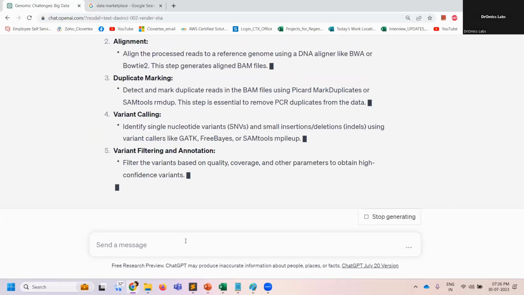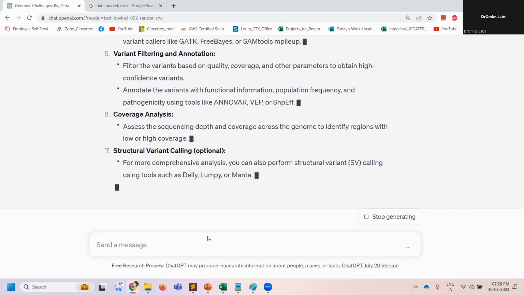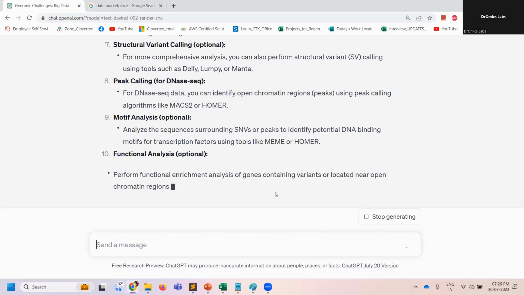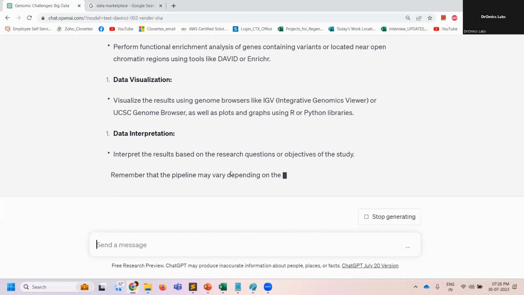Okay, so it is talking about each and every step that is present in a DNA pipeline. It shows the steps up to data visualization and data interpretation.